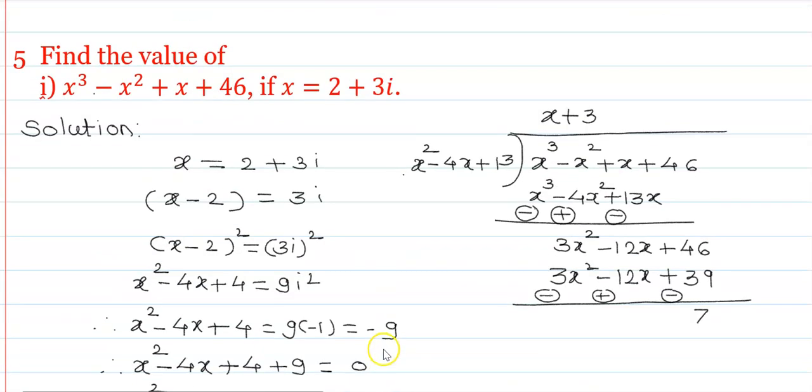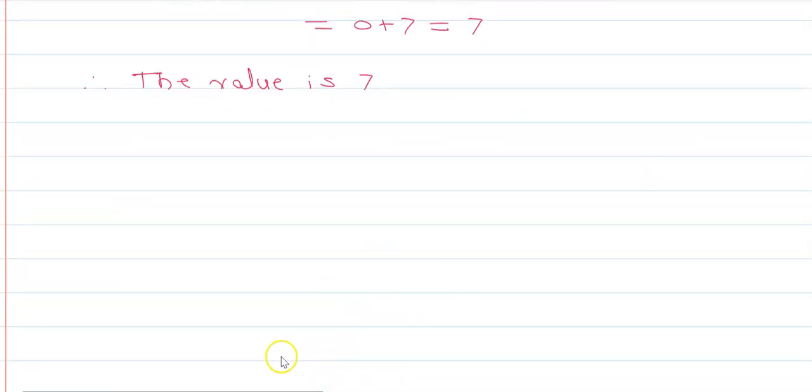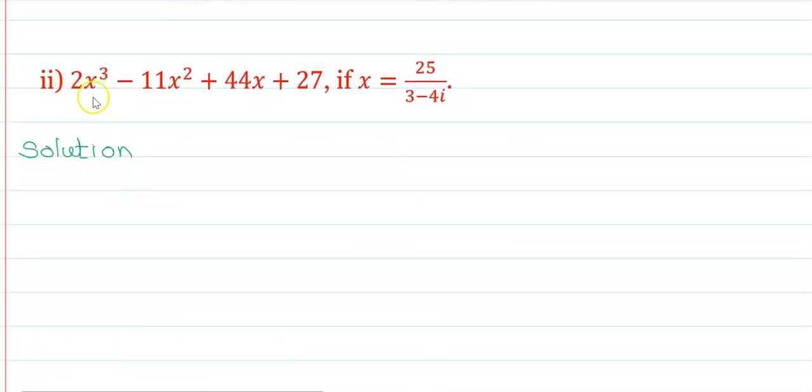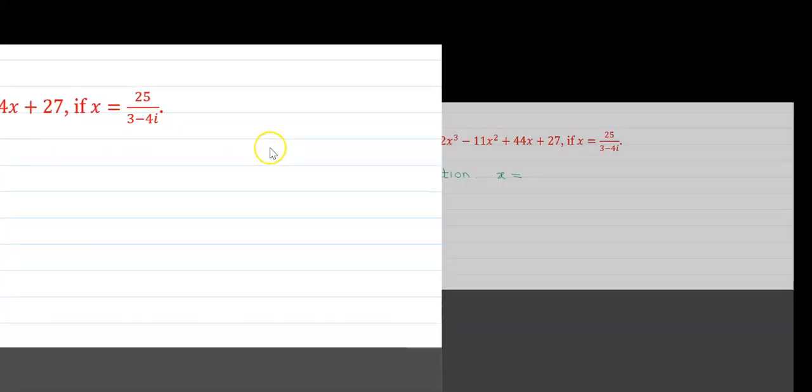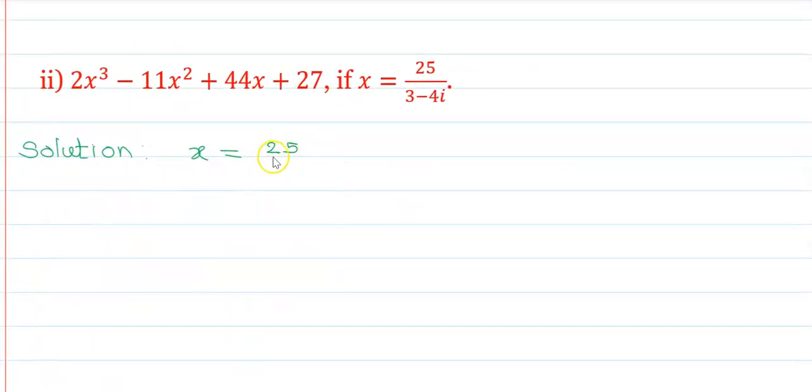Now the next problem. 2x cube minus 11x square plus 44x plus 27, if x is equals to 25 upon 3 minus 4i. Okay. Now here I will write x is equals to 25 upon 3 minus 4i. Okay. Now evaluate. Multiply the numerator and the denominator by the conjugate of 3 minus 4i, which is 3 plus 4i upon